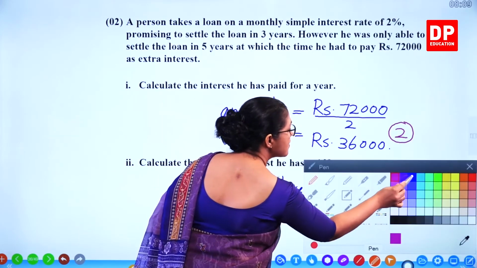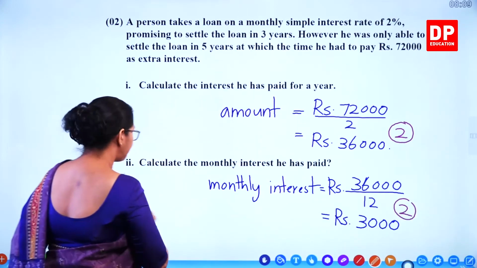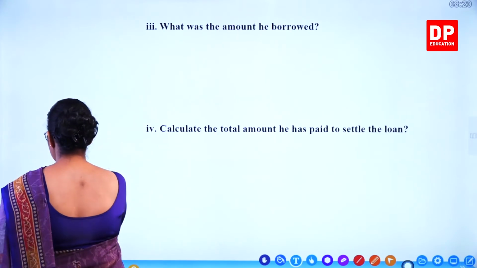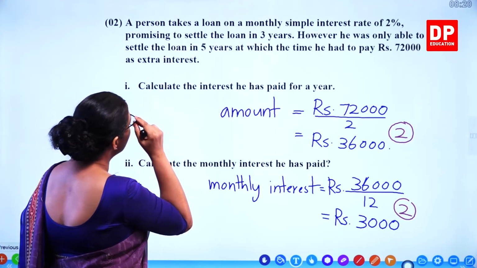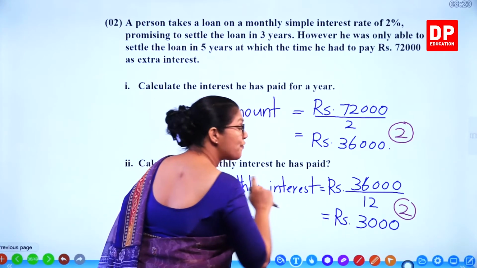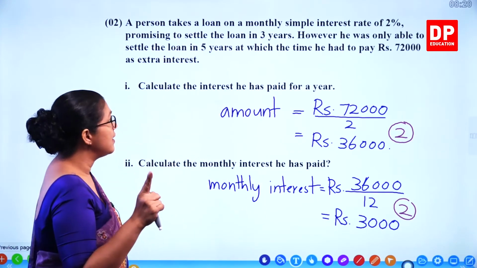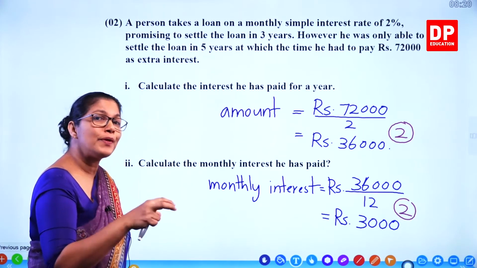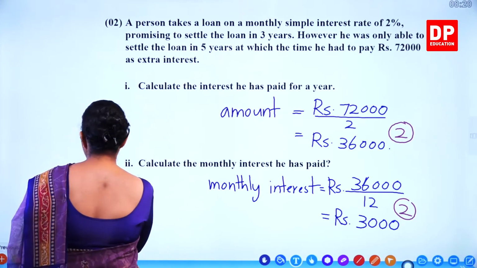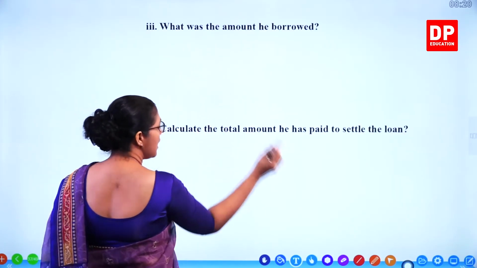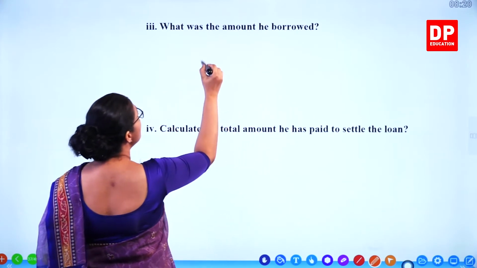Now we'll take the next part. Now look at the next one. What was the amount he borrowed? Now look at the question again. He is paying monthly interest of 3,000 rupees. The monthly interest rate is 2%. So 2% value is 3,000. So what's the amount he borrowed? Amount he borrowed is equal to